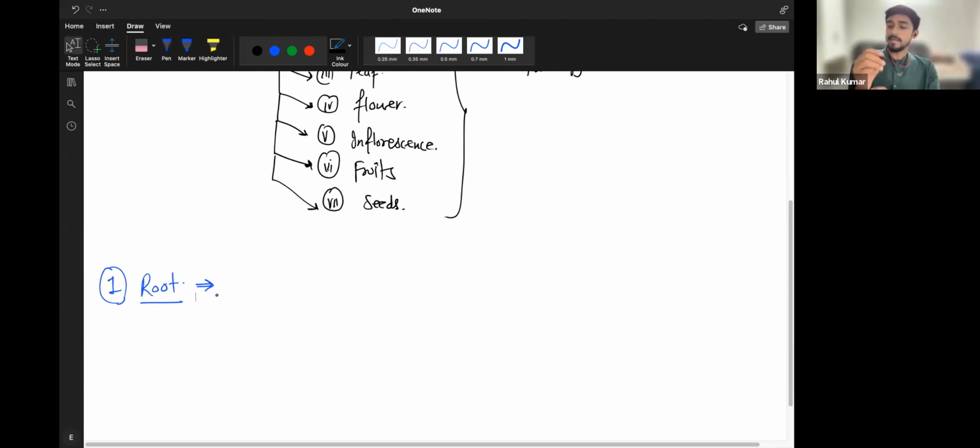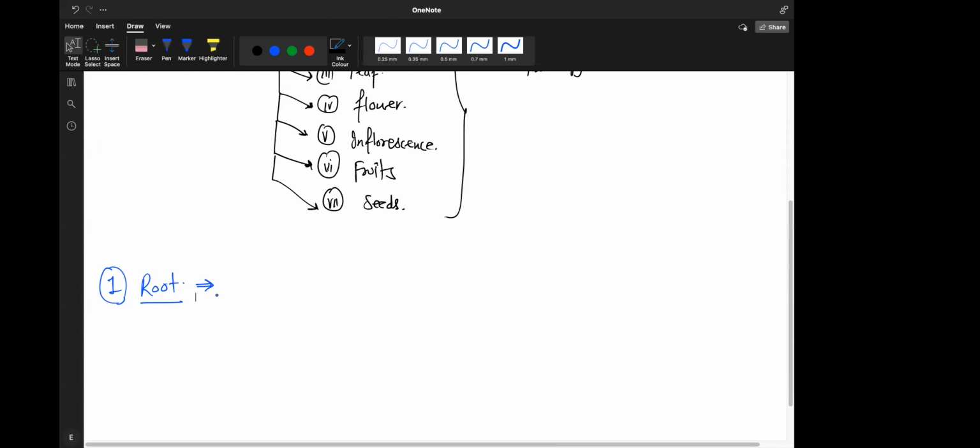So roots are the parts of the plant that stay in the ground, right? In the soil, basically. The primary function of the root is to absorb water and nutrients from the ground for the plant, correct? And another function is to anchor the plant in the soil so that the plant can stay erect and will not be taken away so easily by winds or other factors. So to keep the plant anchored at one place and to get water and nutrition for the plant, root system is there, correct? Yes. So write down